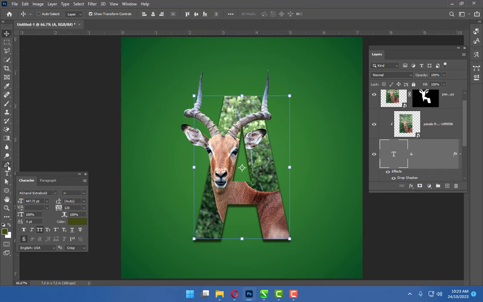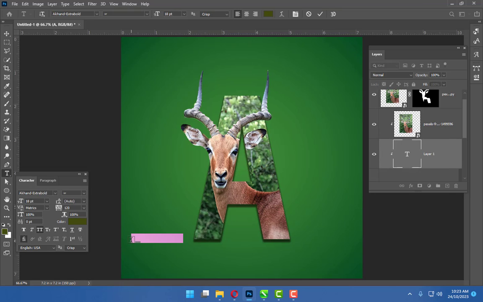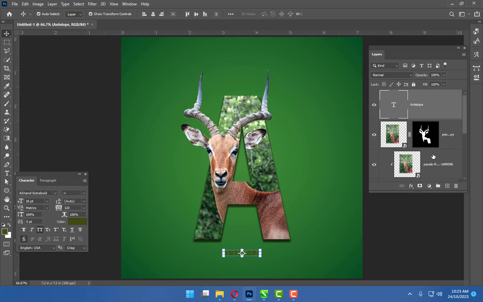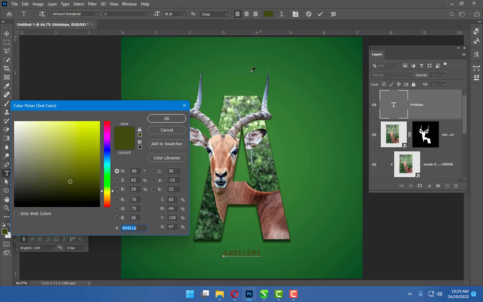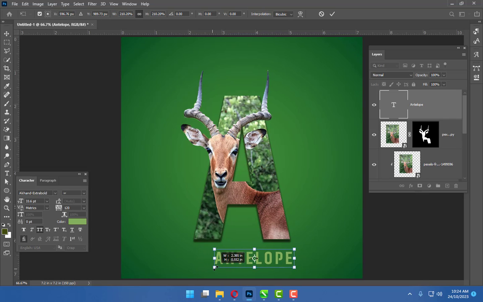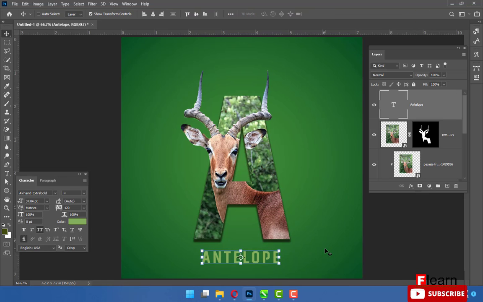okay, go to the text tool, click here, and the text, make it up, change the font color, pick from this image, okay, move tool and change the size, enter,